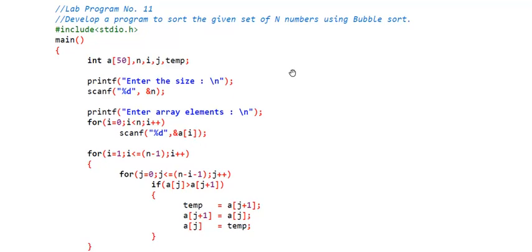Once we understand the logic behind the bubble sort, we will understand the program itself. We will go line by line and understand what each instruction is doing. Then we will compile and run the program and see how the output looks.